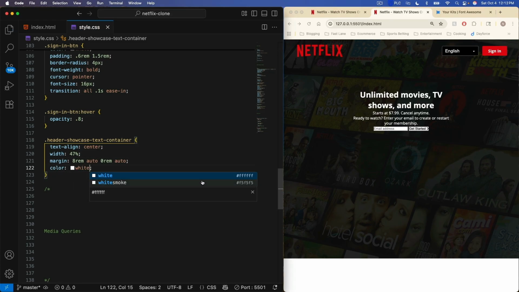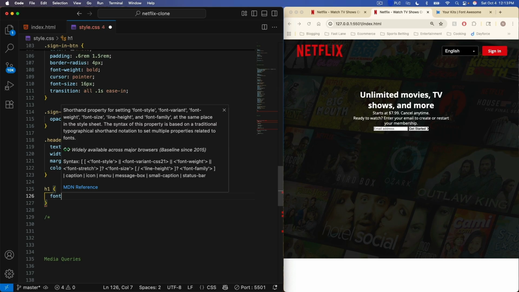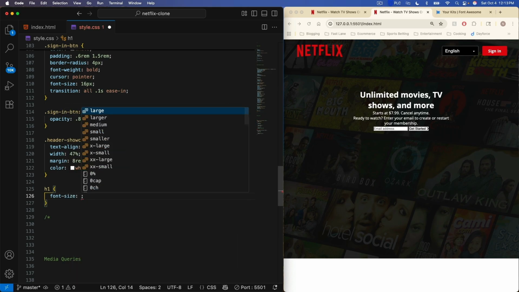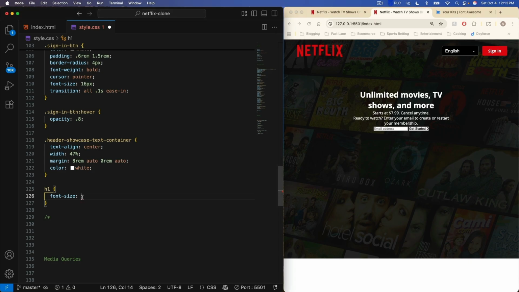So we'll just do that. And then let's go down. Let's do our H1 next, and that's going to be a font size. And again, our font sizes and everything is not going to be identical to Netflix because we're using a different font, kind of. So it's not going to match up perfectly with Netflix, but we're going to try our best, okay? So we're going to say font size, and I'm going to make that 55 pixels for the H1,